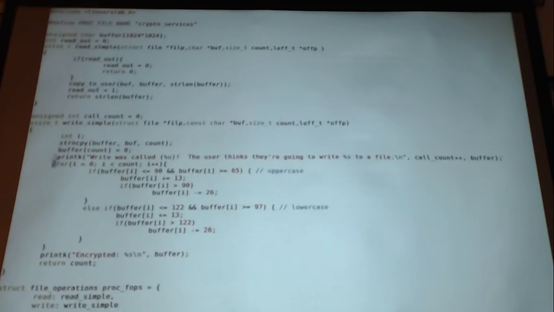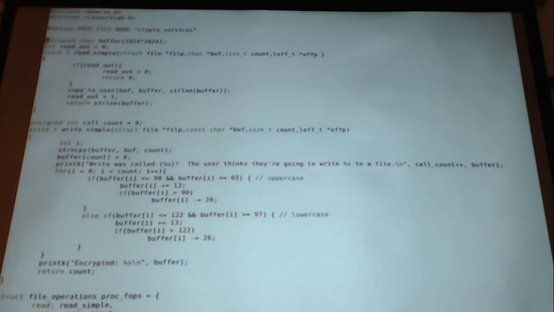Okay, so looking at what this actually does, this is an encryption module, and so you give it something and it encrypts it and holds it in kernel memory until you want to pull it back out. So it defines a buffer up here, and the buffer is actually pretty big. This buffer, 1024 squared, gives you a megabyte, and in general you should avoid allocating megabytes in the kernel, but it was an expedient way to do memory allocation for this little demo. So then we have this readout mechanism. Here's the reason. So suppose you're